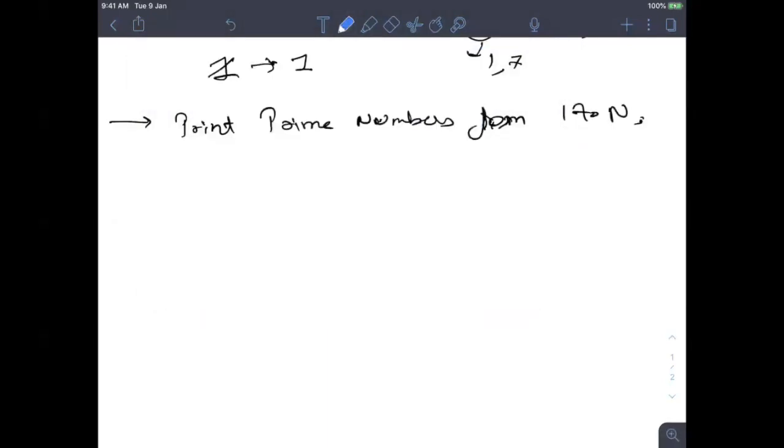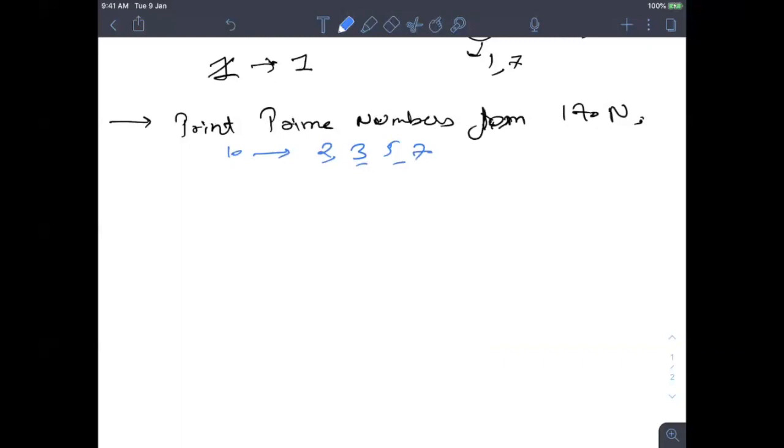Can anyone tell me the approach? How will you solve it if you have to print just prime numbers from 1 to n? Basically, if n is 10, the output should be 2, 3, 5, 7. Yes, sir. We start from two, and we remove all factors of two from two to n.